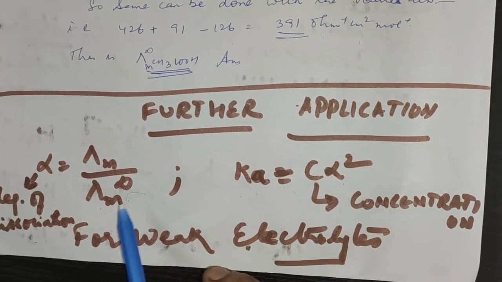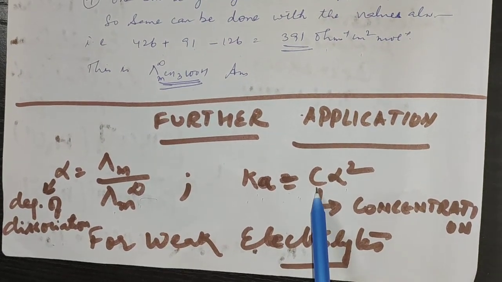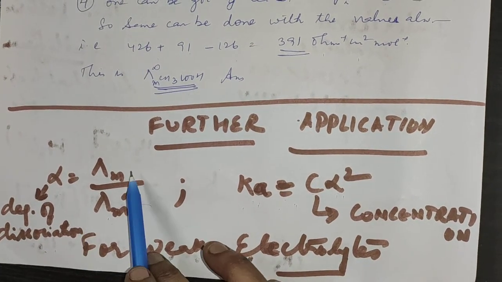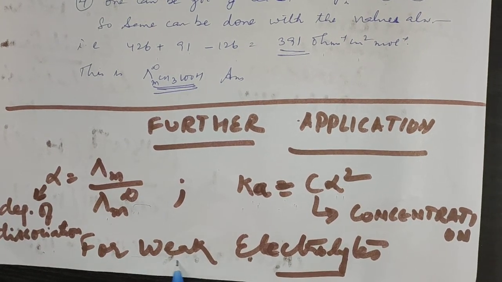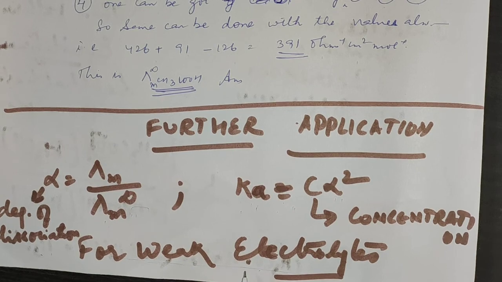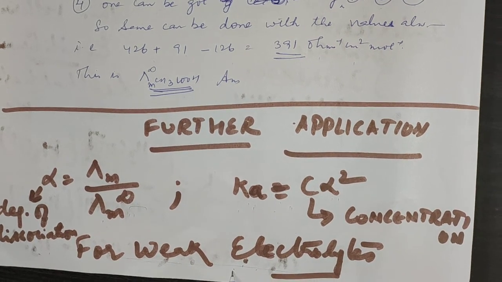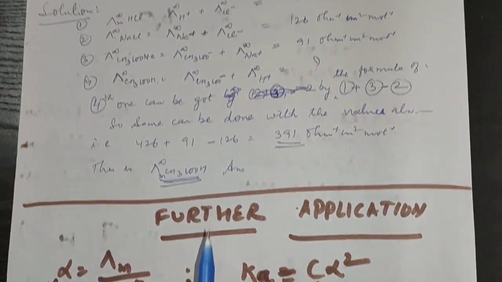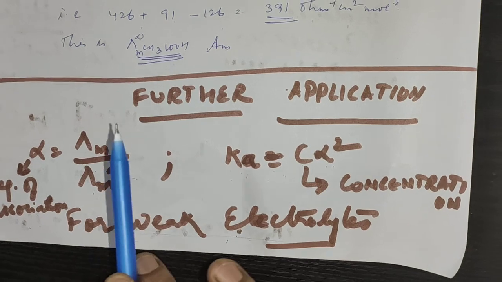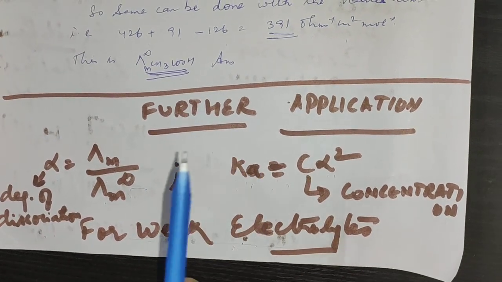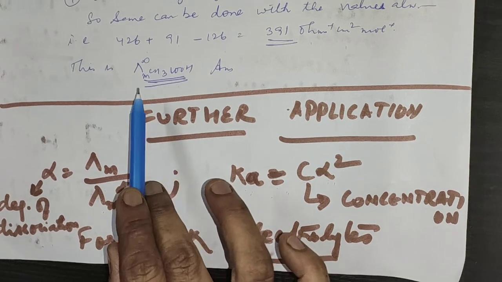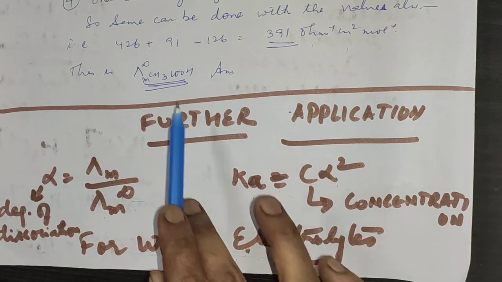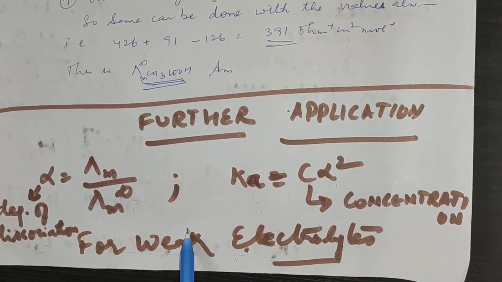These both things are coming from the equilibrium chapter of last year. So once I know concentration, once I know alpha, I can calculate Ka. And for calculating alpha, these two values can be used. So this is specially meant for weak electrolytes, because weak electrolytes are reversible. They will follow equilibrium, and the equilibrium concepts can be found out using Kohl-Rausch's law of independent migration of ions. So this is the application of molar conductivity, its dependence on dilution, and finding out molar conductivity at infinite dilution for weak electrolytes and their values. Its dissociation constant and its degree of dissociation can also be found out. That is it.